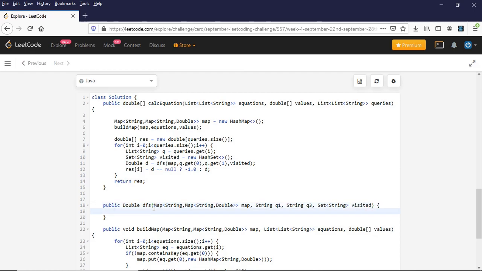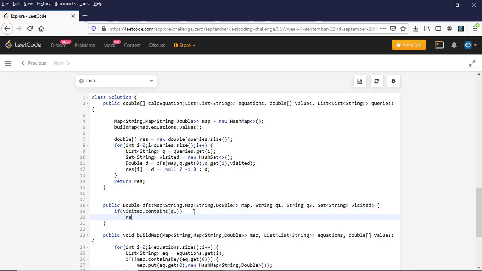Okay, now the very first condition will be, we can check the visited, right? If visited dot contains my q1, in that case return null, right? So the first variable, right,